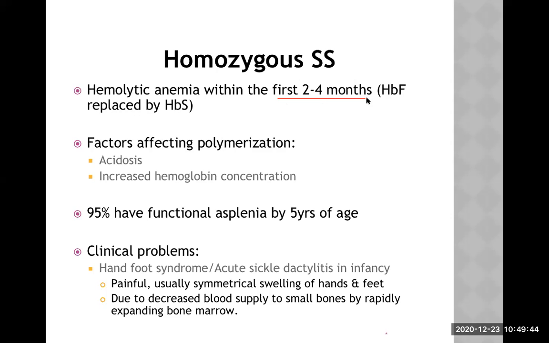Hemoglobin F is replaced by hemoglobin S. In a normal baby, hemoglobin F is replaced by hemoglobin A, but this is a hemoglobinopathy we are talking about, so abnormal hemoglobin will replace hemoglobin F here. And after that, the child may manifest, especially if the child is having certain infection